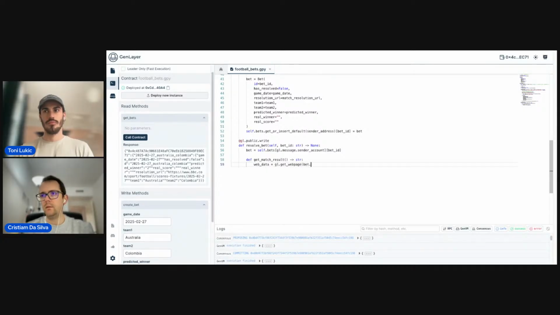Let's add the bet.resolution URL, right? And here we can ask for two modes, text or HTML, right? I'm going to ask it only on text because I don't want to look for the HTML code, and actually the text is more efficient because it's less code, okay? So in this case, that would mean that in this variable, we have all the web data of that page,